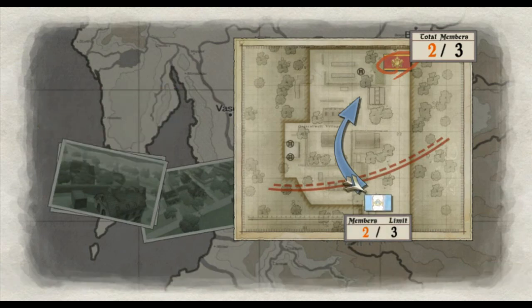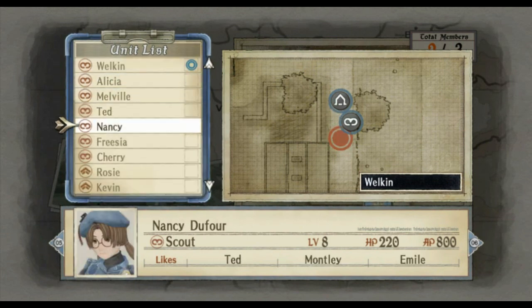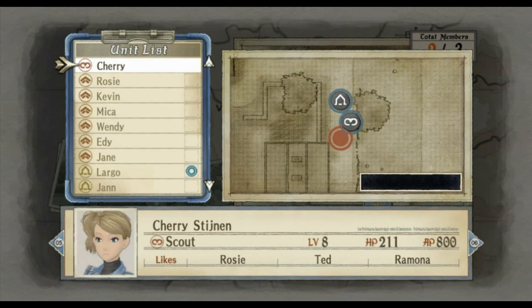So, as you can see, we have Alicia, we have... Actually, is it Alicia we got there? Oh, it's Welkin. Alright, so we got Welkin, Largo, and I think we're going to take Jean along with us. No, actually, I should take...